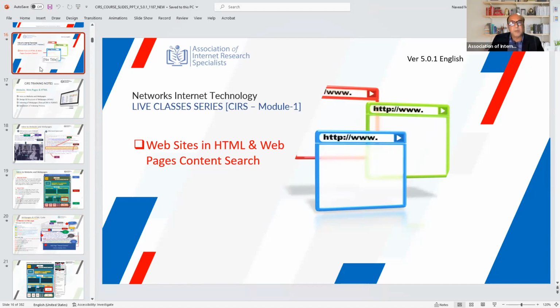Give it 10 minutes, and then we'll get started with HTML and web pages, the content search. This is more interesting and not only detailed, but very important as the basis on which we are going to build our search query methods and methodologies.